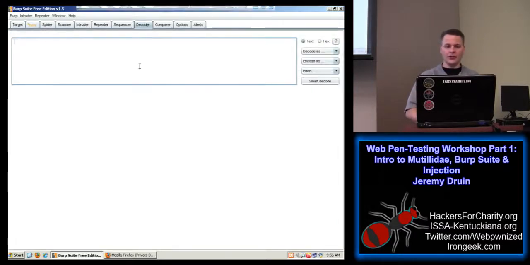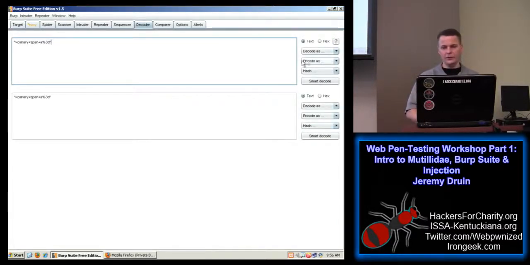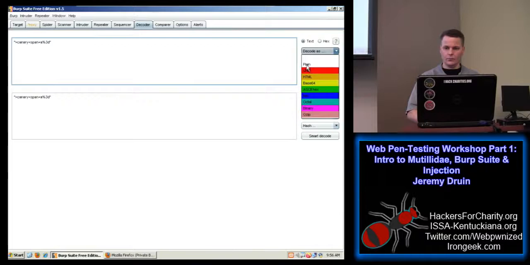And over in the decoder tab, we can flip encodings. So we can say decode as plain, for example. Well, let's see, decode as, maybe text is what I'm looking for.